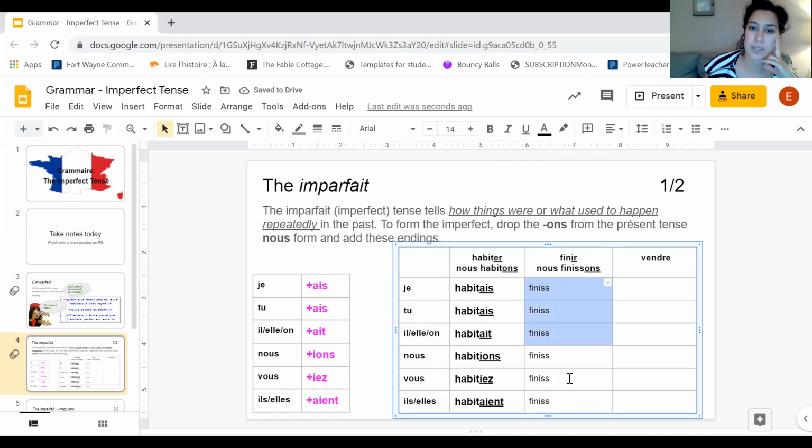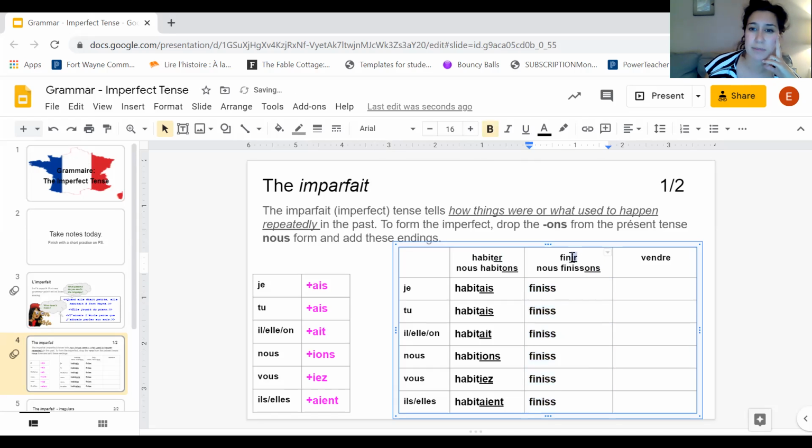Okay, so that looks pretty different, right? That's not just the same as taking off IR. If we just took off IR, it would be fin, but it's not fin. The stem is finiss. So then we go ahead and we add our endings. Finis, finis, finit, finissons,